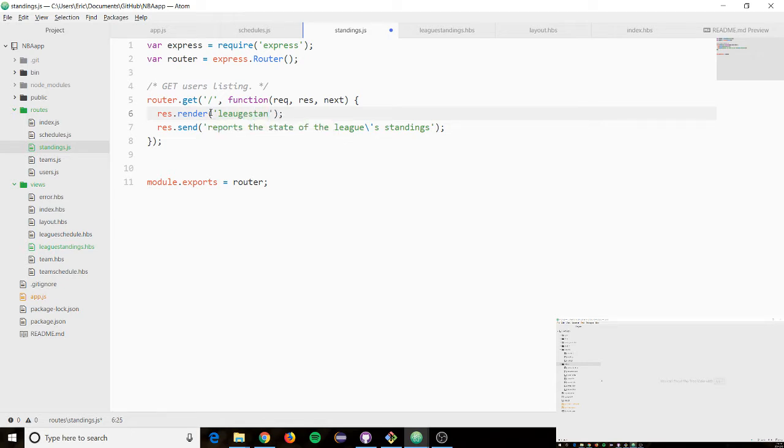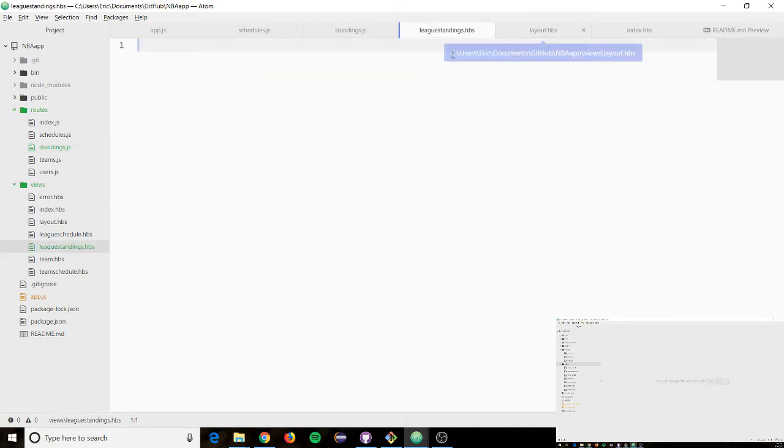league standings, and it'll do that for me. So I don't really need this anymore. It can die. Save that up. Okay, so on the league standings page,